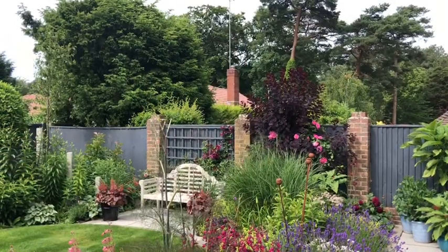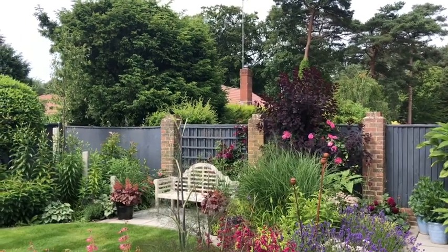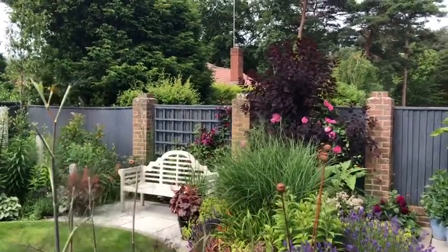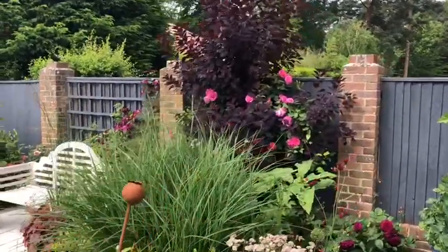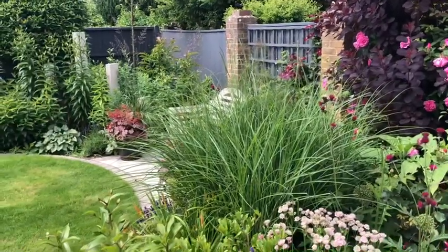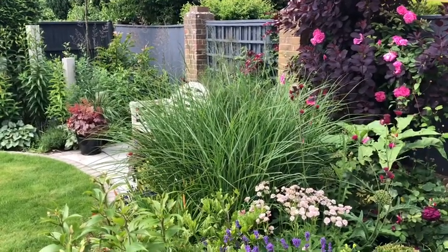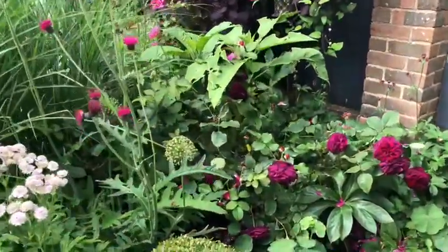Okay, so over on the back fence there we've got the dark plummy foliage of Cotinus Royal Purple, and within that there is the thornless climbing rose Zephirine Drouhin. You see in front the grasses are coming up. All of the grasses in these borders are Miscanthus Flamingo, which is a beautiful pink flowered grass later in the season. We've got Rosa Munstead Wood here,